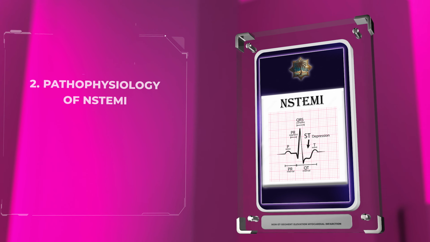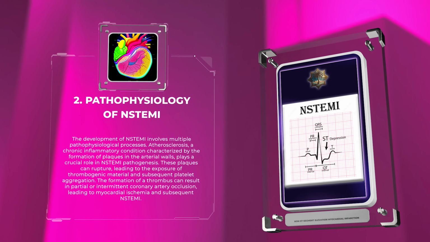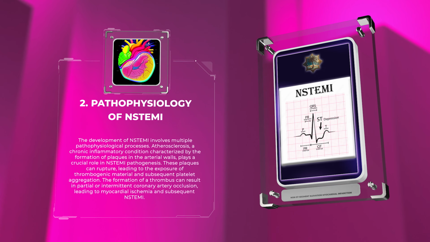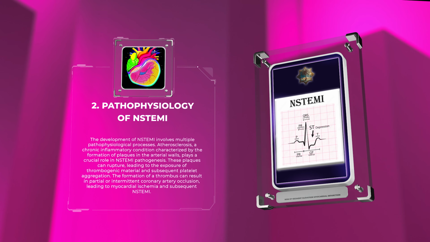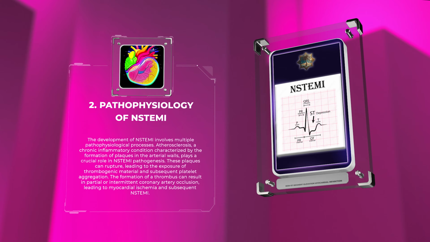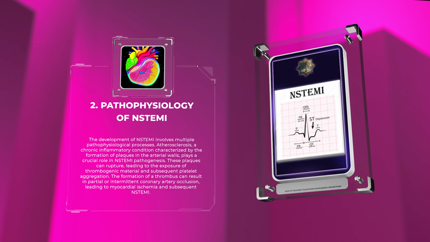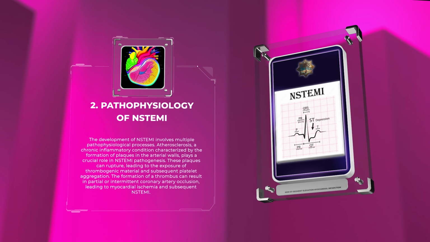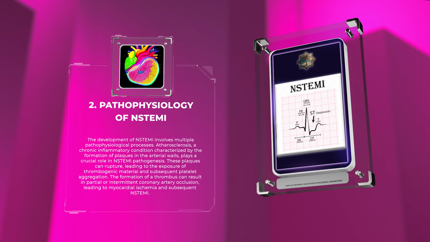troponin. The development of NSTEMI involves multiple pathophysiological processes. Atherosclerosis, a chronic inflammatory condition characterized by the formation of plaques in the arterial walls, plays a crucial role in NSTEMI pathogenesis. These plaques can rupture, leading to the exposure of thrombogenic material and subsequent platelet aggregation. The formation of a thrombus can result in partial or intermittent coronary artery occlusion, leading to myocardial ischemia and subsequent